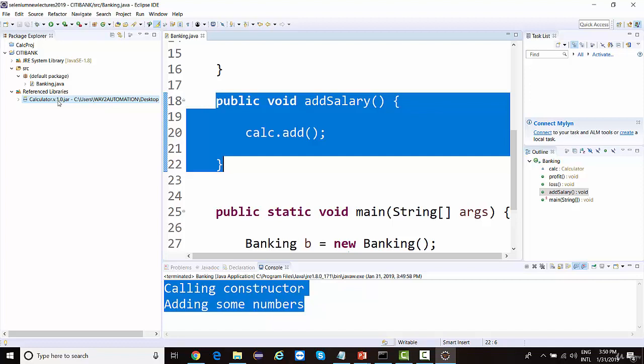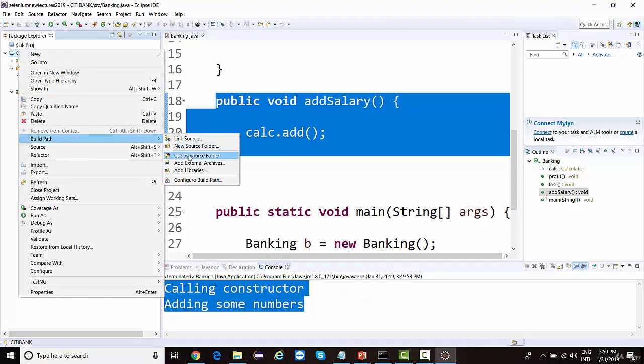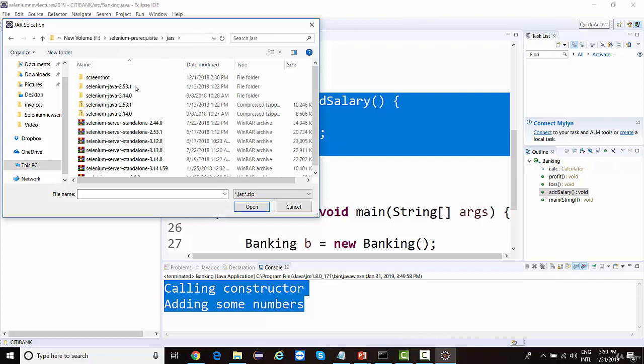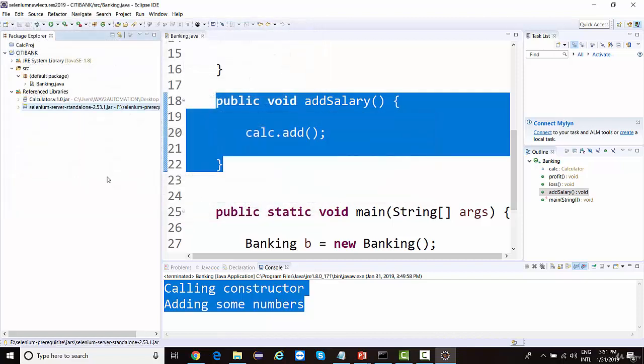And if we are talking about Selenium, Selenium is the same thing. Selenium is available in the form of a single jar file or a collection of jar files. So in the same project, you can right click, go to build path, add external archives. Wherever I have downloaded the Selenium jar, see, this is what Selenium is. Just a 20 MB jar file. If I click on open, it gets added.